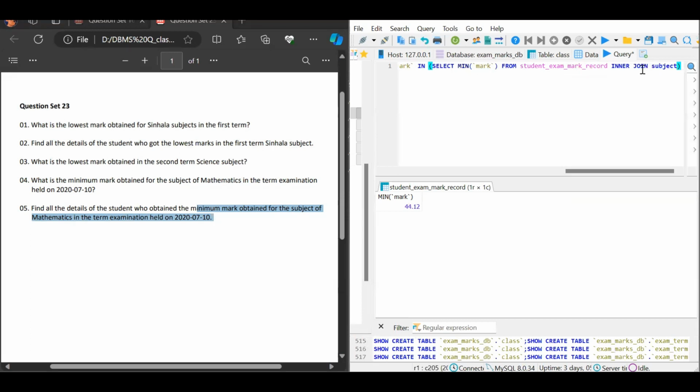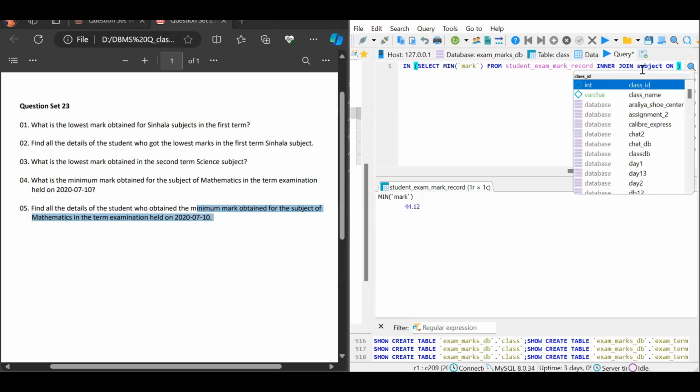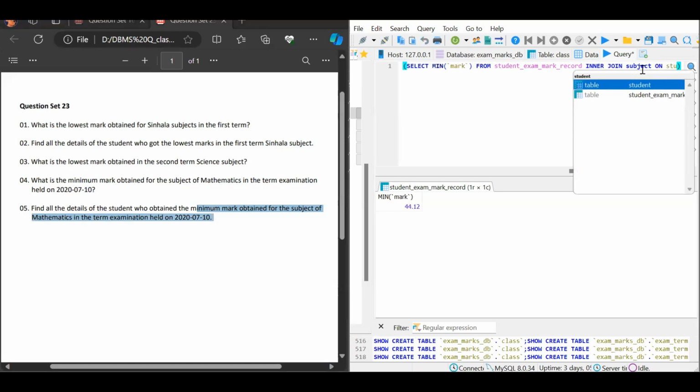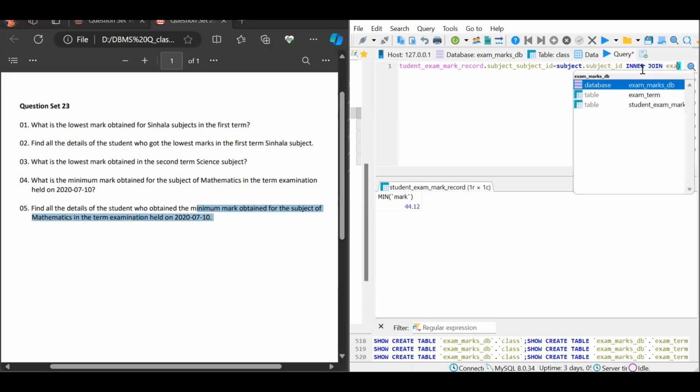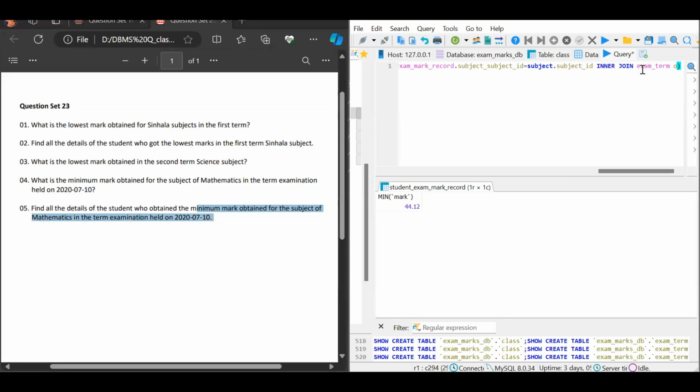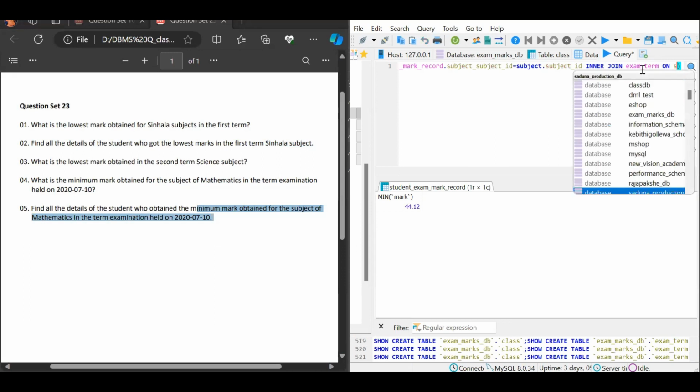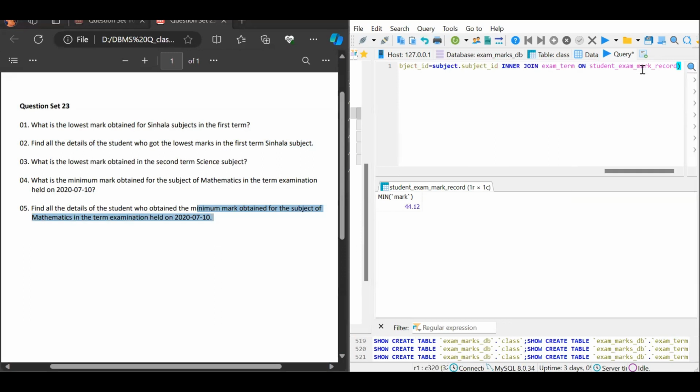First we will join the subject table, and then use the on keyword student exam mark record table dot the subject id equals to subject table dot the subject id, and then we again use the inner join to join the exam term table, and then again we use the on keyword and student exam mark record table dot